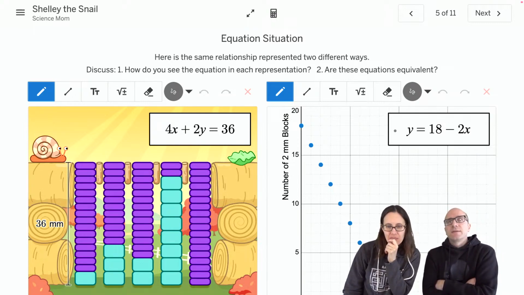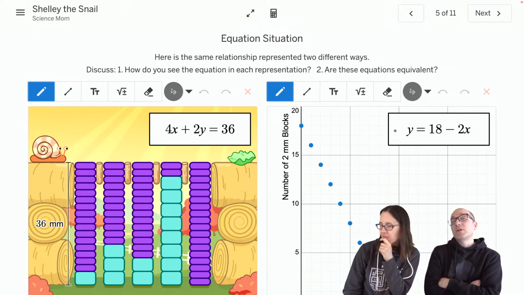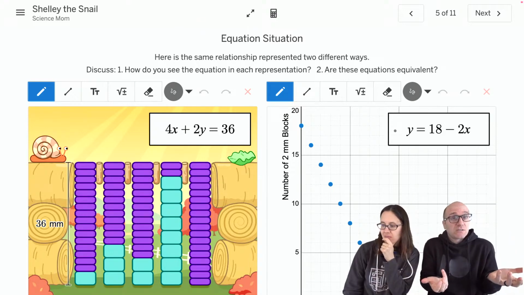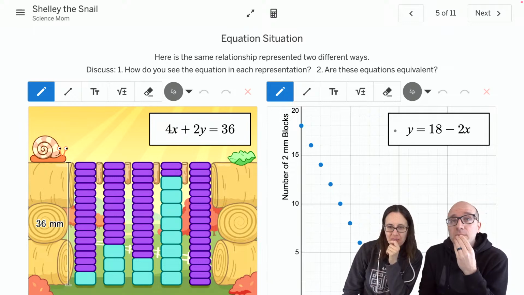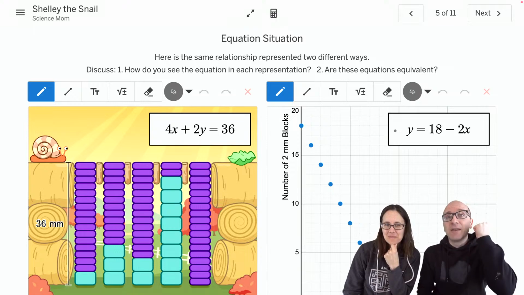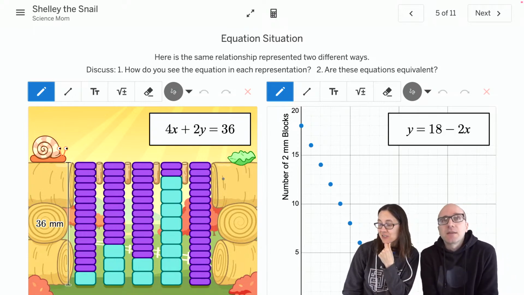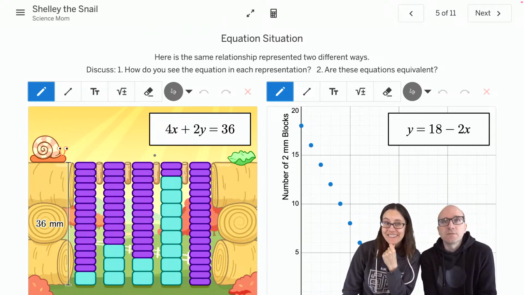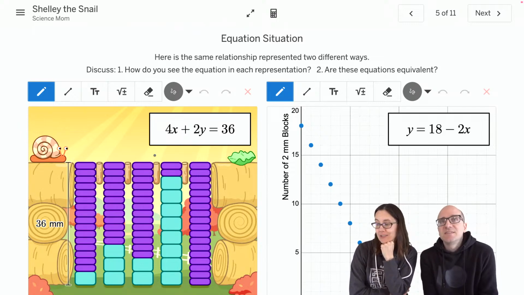So what does it even mean for two equations to be equivalent expressions? One of them is a little more satisfying than the other when we get to see the full animation that's happening. And it's true, this one was a lot more fun to watch, to see the snail actually crawling along, right? Yeah. But in terms of the equations and the numbers,